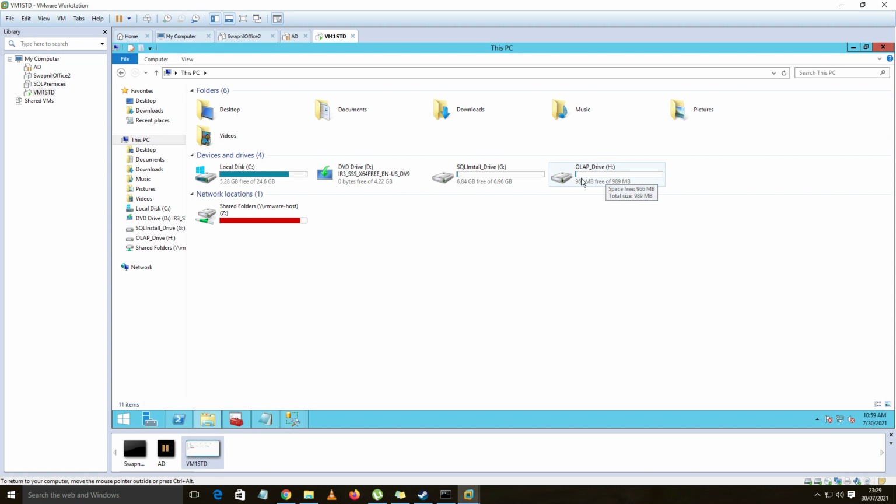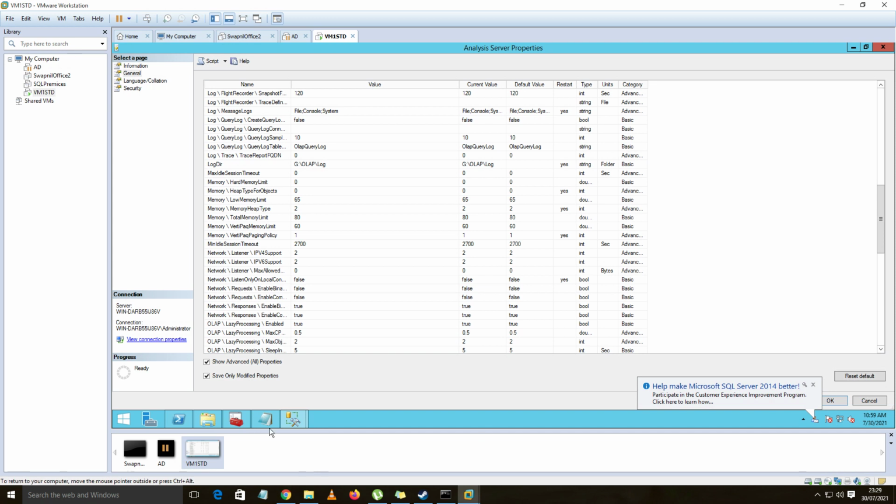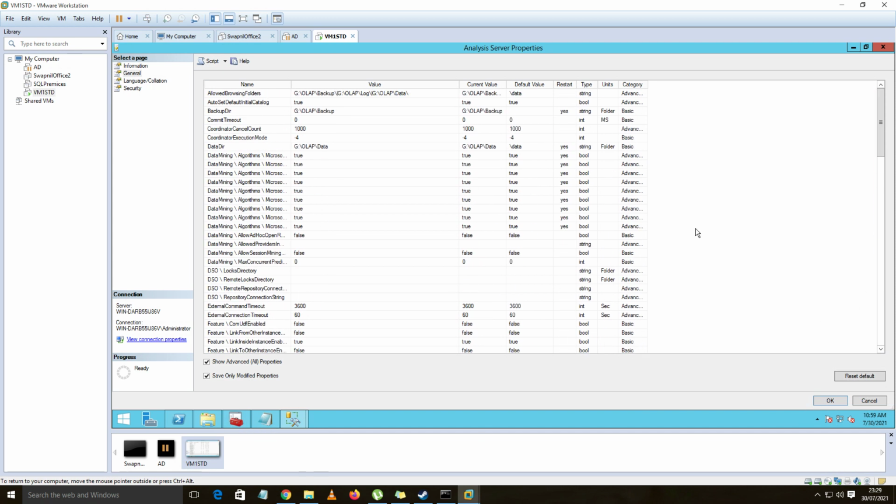So first of all, replace the drive letter once you connect to analysis services through SSMS.